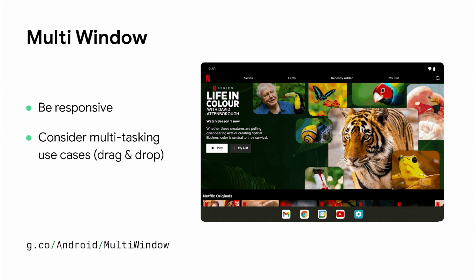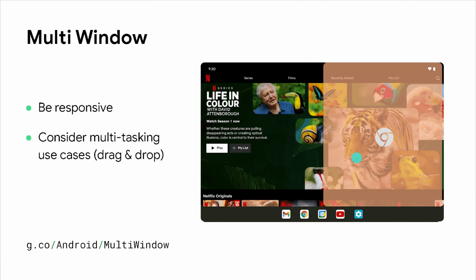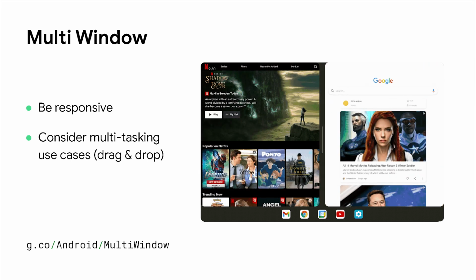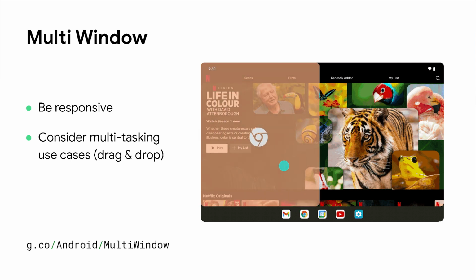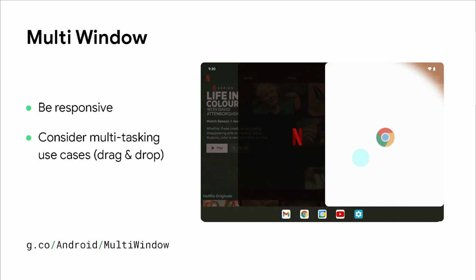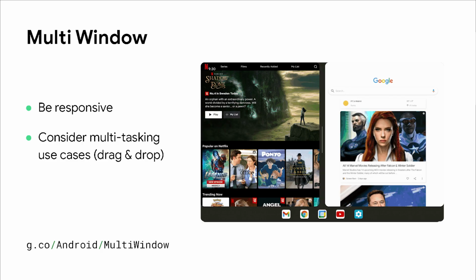Before we end, we have a couple of additional thoughts and resources for you. Large screens present other opportunities for your app to shine besides just making your own content bigger. In multi-window mode, your app can be side by side with other apps. In addition to being responsive, think about how you can make your app more impactful in this mode, like by supporting drag and drop. Little features like that can really boost the user's productivity and help them enjoy using your